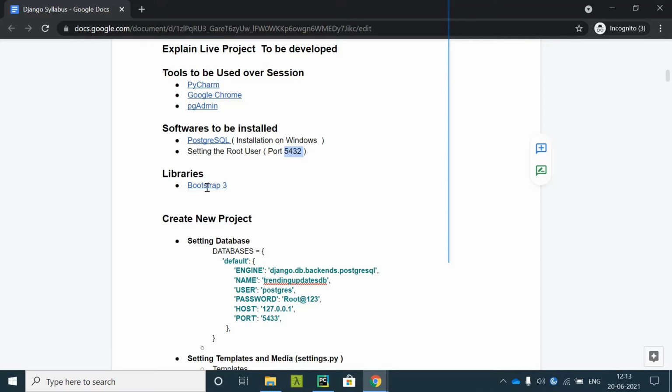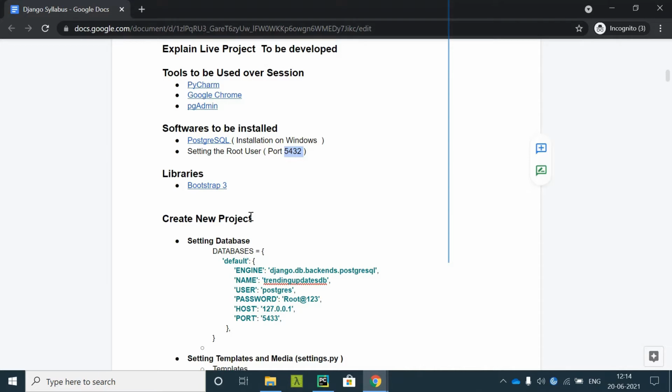So we will start the project from scratch, though we have studied the project in the demo session, but we'll start this project from the start. But I won't take much time. I'll be discussing this in a brief manner, as I have discussed this earlier also. So I'll be taking you further with the creation of the project.